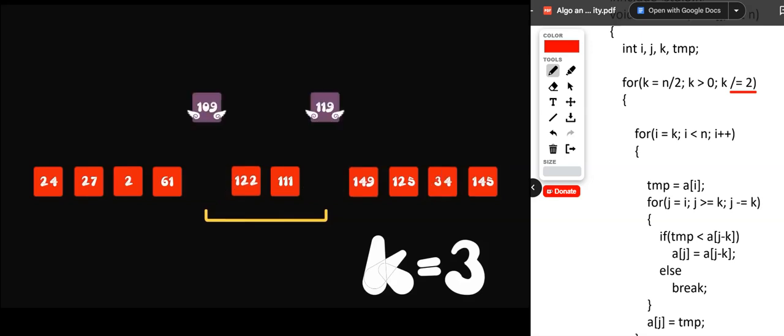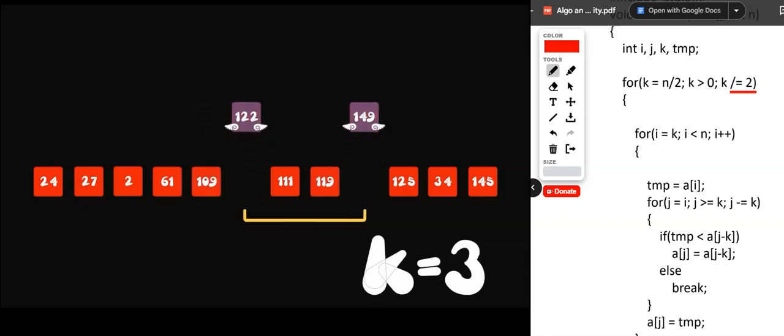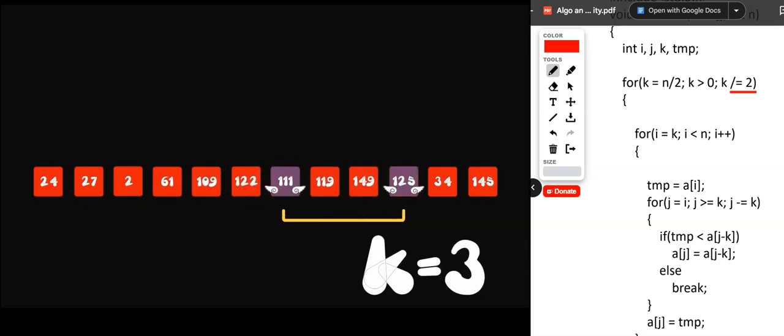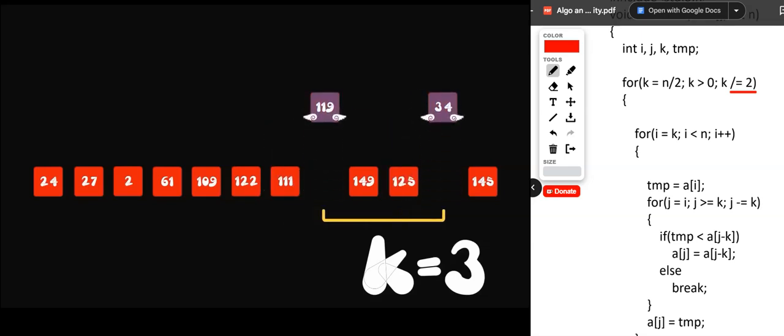If we move a little bit backward direction, 149, 122, 125, 111, 34, 111. Once the position changed, now there are two passes. How are the passes maintained? In this algorithm, the loop is maintaining the passes. At the very beginning, based on the loop value, we have only one pass. But right now, in the second step, when k becomes 3,